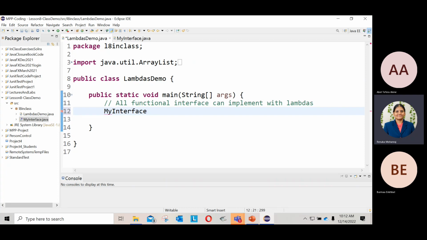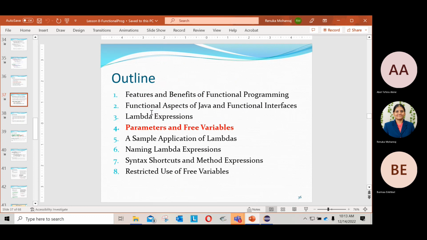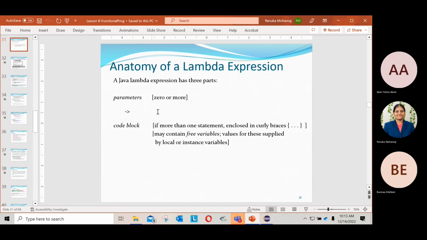So what is the name of my interface? Give a name for your interface, maybe Sum; I'm going to do the sum of two values. On the left side is your declaration, how you declare an object or primitive type. This is your object name, right? On that side, we have to implement it. How is the lambda implementation? The signature is: parameters, then the body of the implementation.